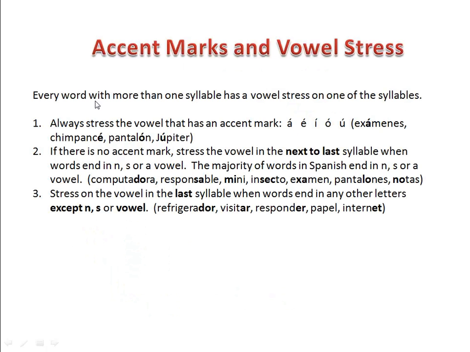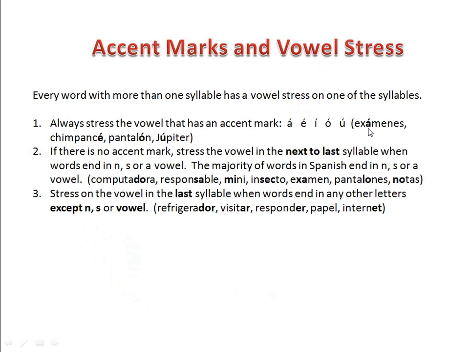Those are called accents. So here's a few rules, and again, don't get so bogged down in the rules this week. Pretty soon we'll be starting to get some vocabulary. So we'll get there soon. This is just some foundational information. Every word with more than one syllable has a vowel stress on one of the syllables. Always stress the vowel that has an accent mark. So if you see an accent mark over one of the vowels, that is the syllable that you will